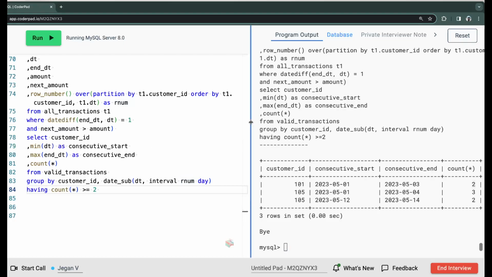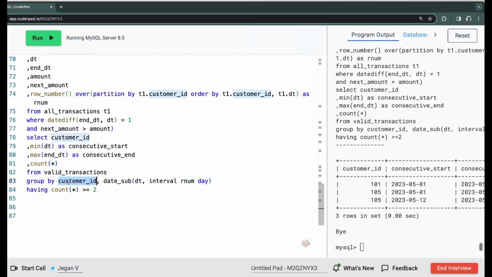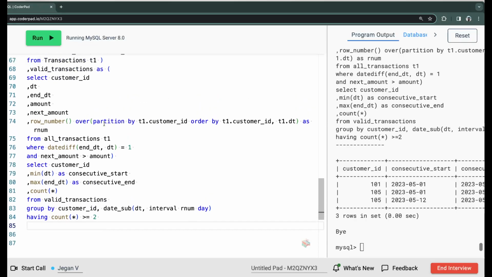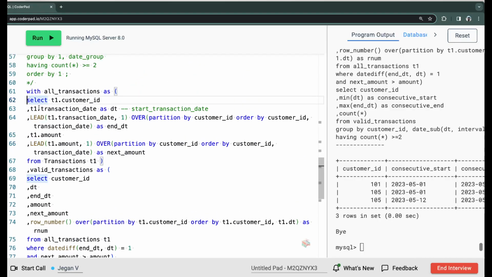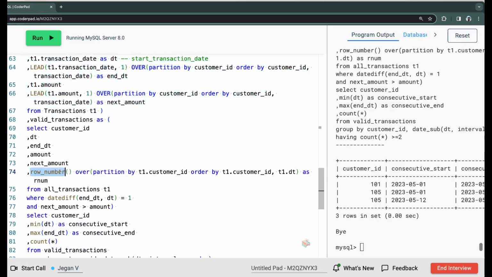And previously we got the error because when you do a group by, we did it only based on the customer ID and we forgot about the grouping date, right? Now we got this. So the second condition is almost the same as the previous one, but the only thing is we use the lead function and it makes it easier to visualize the data, right? We can just see what is the current data, what is the next record. We can visualize it in the same record and validate it, and then we can go for the row num and the date